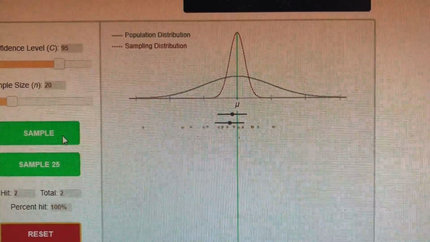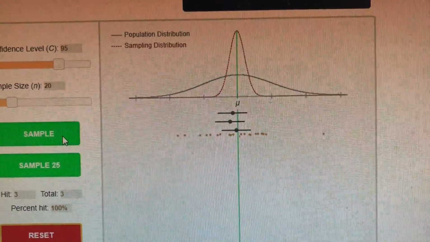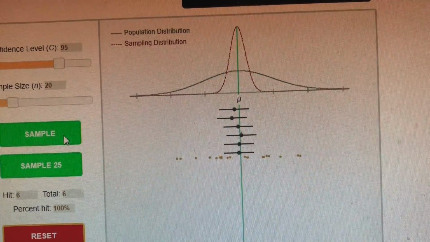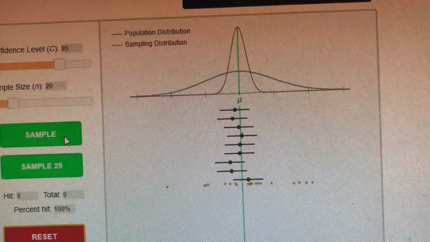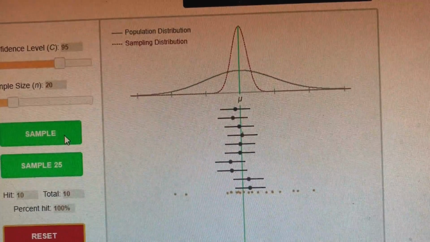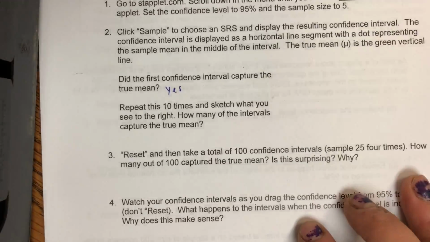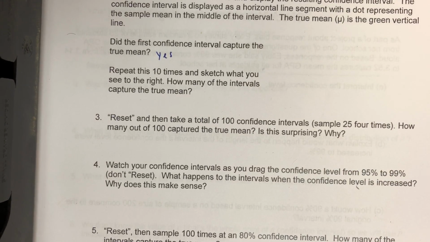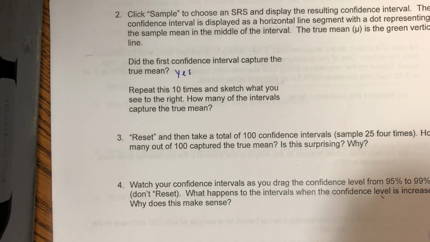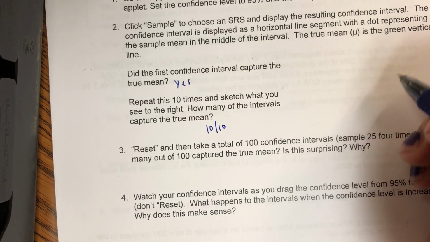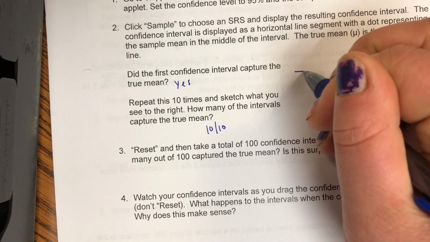Okay, so we got a yes, another yes, another yes, another yes. 1, 2, 3, 4, 5, 6, 7, 8, 9, 10. Okay. Now repeat this 10 times and sketch what you see, okay? How many of the intervals captured the true mean? 10 out of 10. And so what I saw was, here's my population,